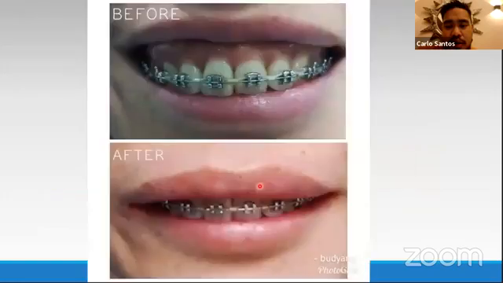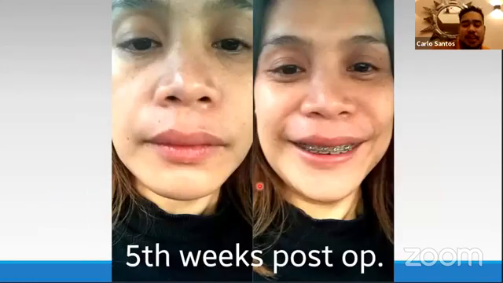This was patient number 3, 5 weeks post-operative. Another side effect of lip repositioning: one side effect will be the scarring. There will be a scar. But of course, you won't be able to see that scar when the patient smiles. Another will be